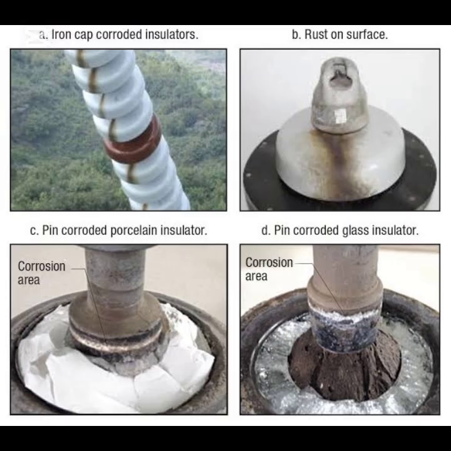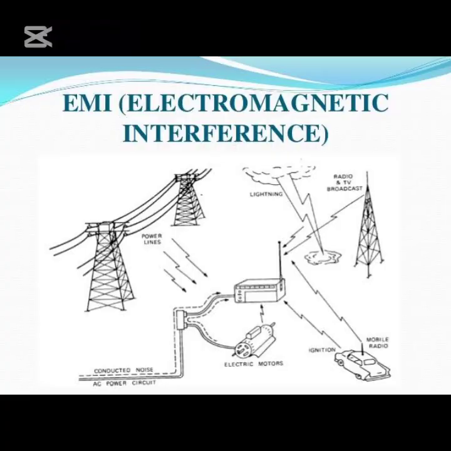5. Corrosion. Corona discharge can cause corrosion on metal surfaces, leading to equipment failure. The chemical reactions triggered by corona discharge can cause corrosion on metal surfaces, weakening the structural integrity of transmission line equipment. 6. Electromagnetic interference. Corona discharge can generate electromagnetic interference, affecting nearby electronic devices.